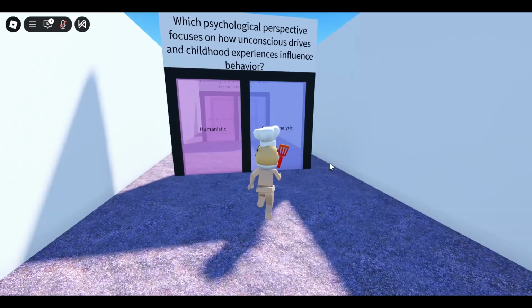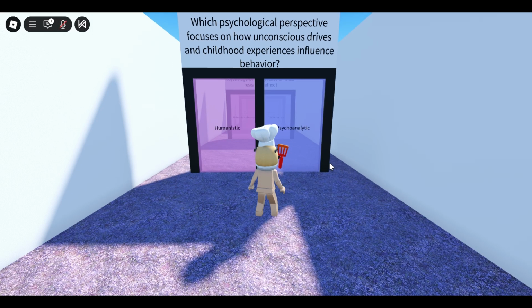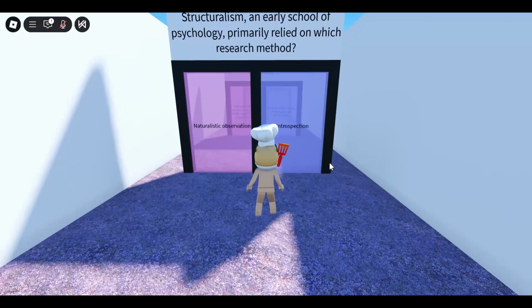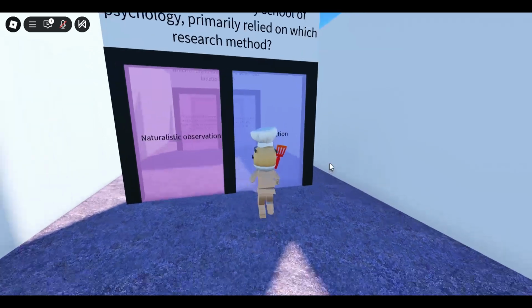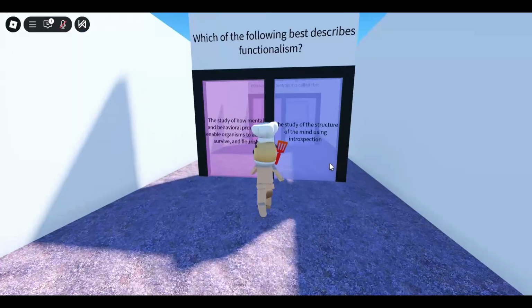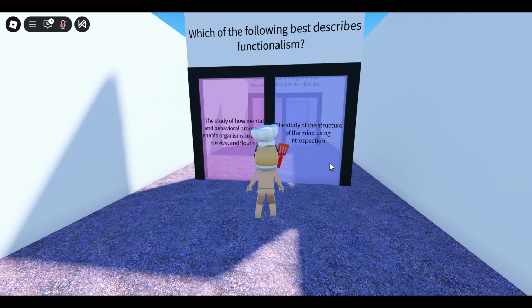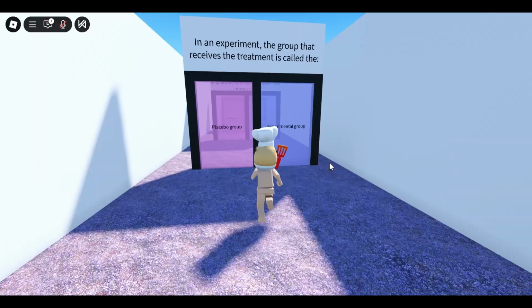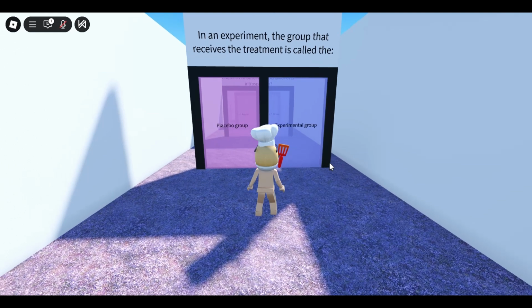which psychological perspective focused on unconscious drives and childhood experiences. That would be psychoanalytical. Structuralism primarily relied on introspection. And functionalism was really focused on how mental and behavioral processes enabled organisms to function. In an experiment, the group that receives the treatment is called the experimental group,